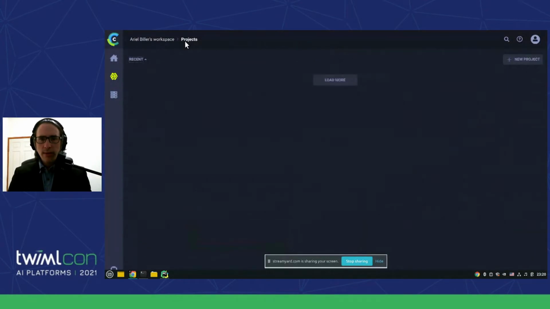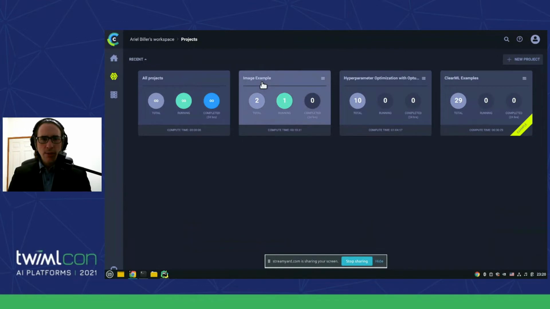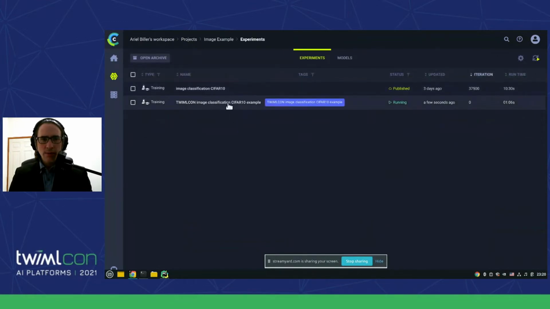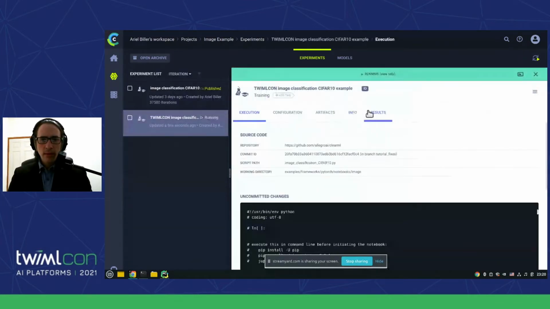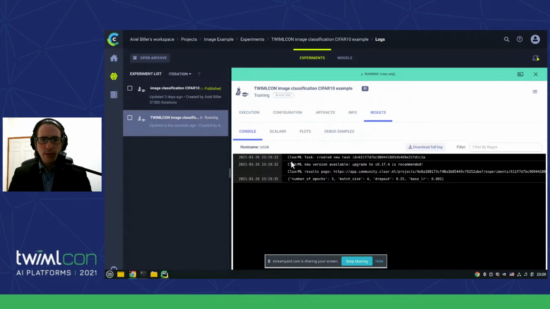Here's my project, and you will see here the image classification CIFAR example, and it's still running because I'm here. And in the results, we'll see exactly what was printed onto the screen before.